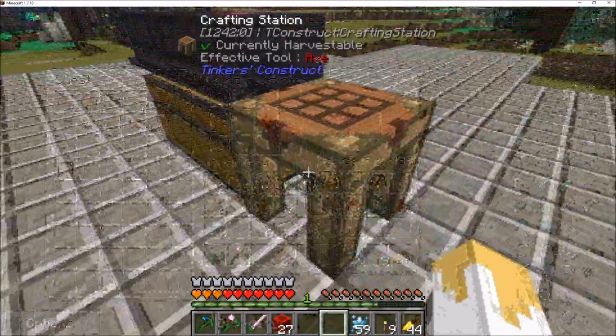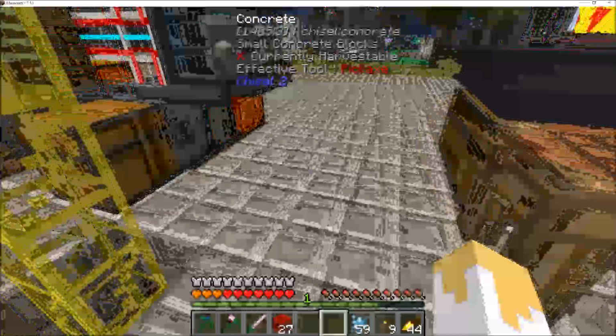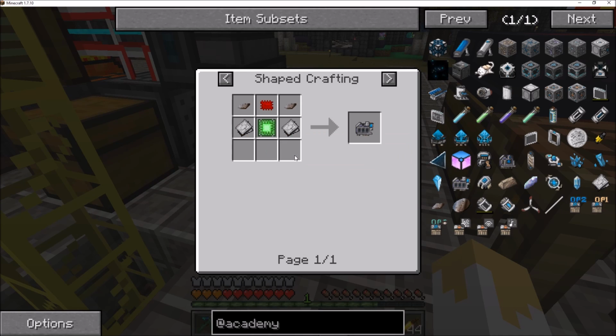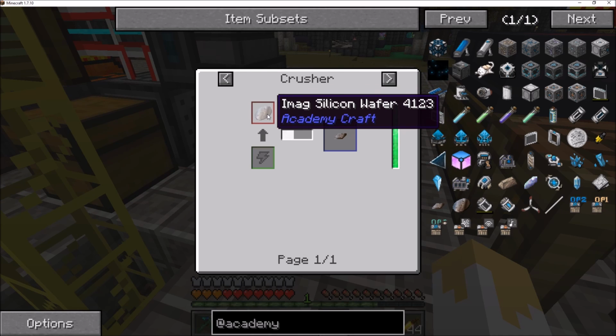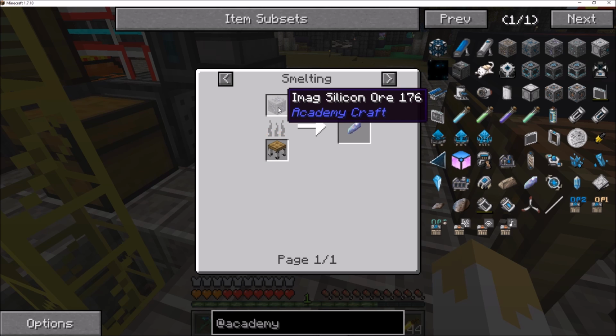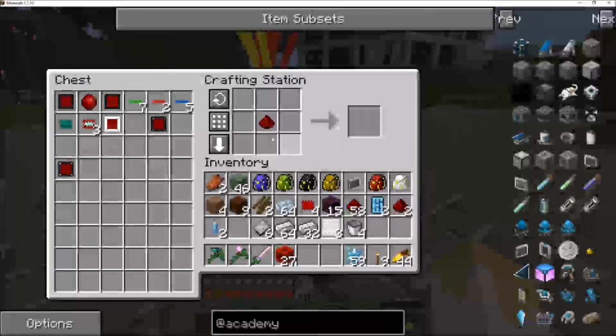Make that very quick. That's almost done crafting. That's awesome. Okay, so there's 4 of those. And then we need... These things are kind of a crafty looking thing. It's taking a little bit of effort. Okay, so I need to crush this sulfur wafer, which comes from a silicon ingot, which comes from silicon ore, which takes the essence of...